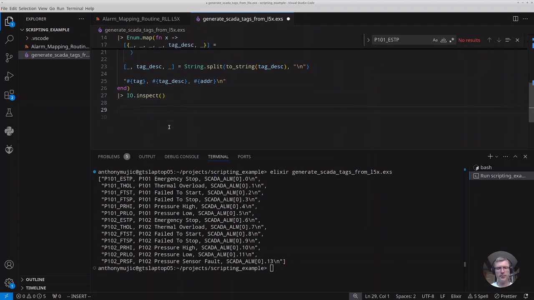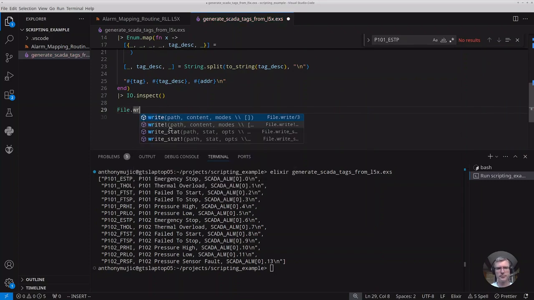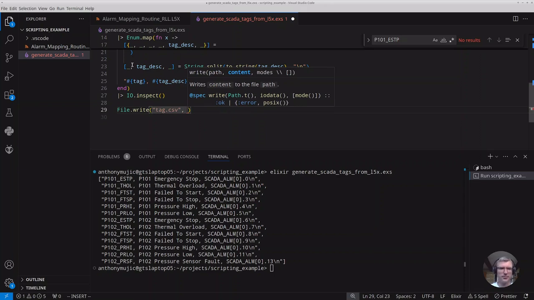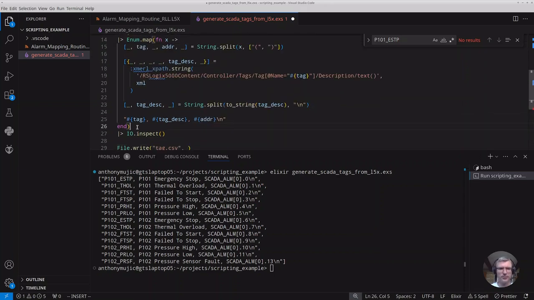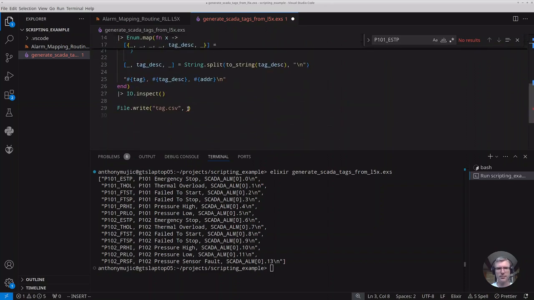Then what we can do is a file write. This is looking for a path, so we'll just give it a name. We'll call it tags.csv. It's looking for content. So that's the result of this whole calculation up here. I don't think, so what we can do is give it a name. I'll just call it data. So we'll return data. So if we run that,